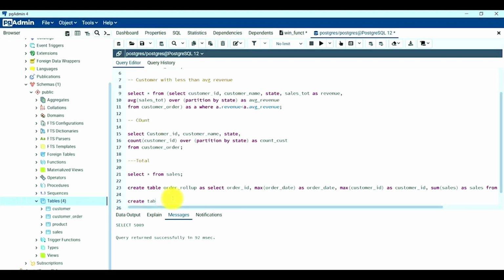So we'll write create table order rollup state as select. We'll put this order rollup table as our left table or A table and the customer table as our B table. We'll write A dot star comma B dot state